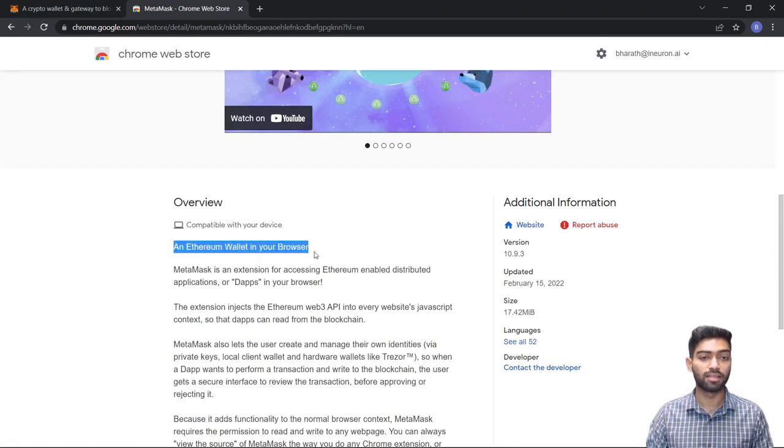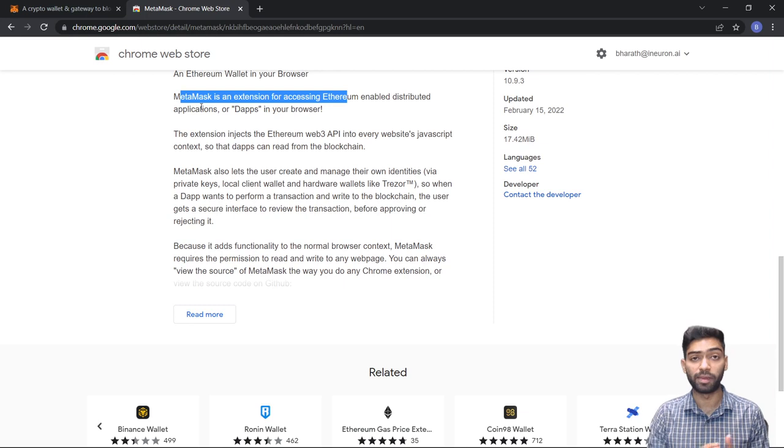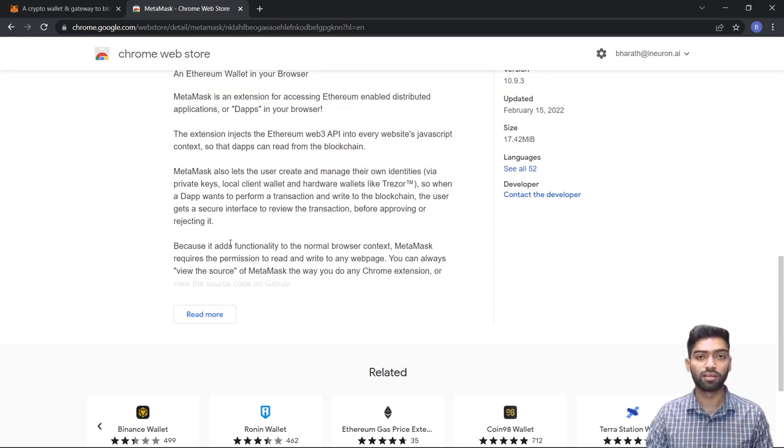For example, it is an Ethereum wallet in our browser. MetaMask is an extension for accessing Ethereum-enabled distributed applications, or dApps, decentralized applications, which we can test the functionality of in our browser only. So we don't need to go to any other place. Right after opening our browser, we will be getting this MetaMask extension where we can test the various smart contracts. We can deploy them to the localhost, to the Ethereum testnet, and also to the Ethereum mainnet once we finalize